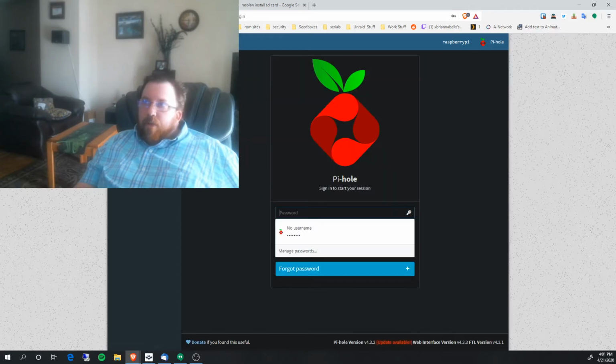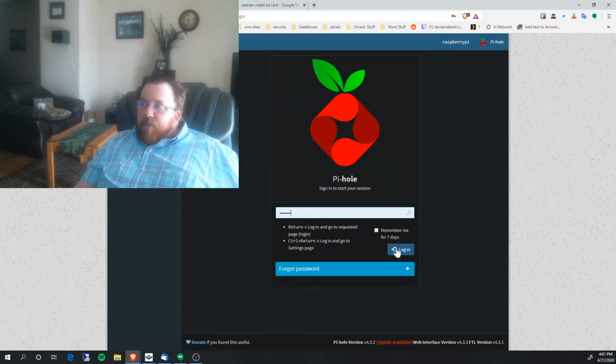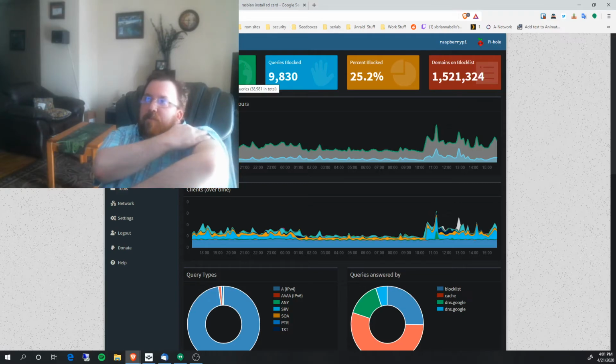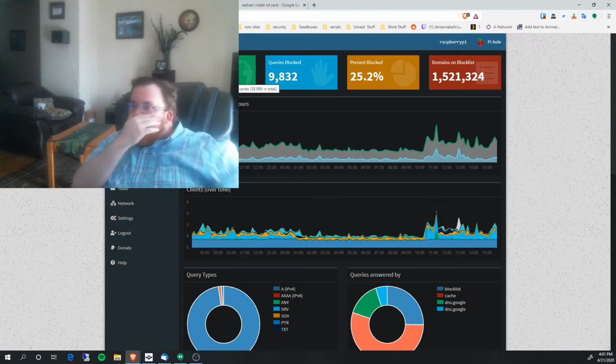So there's a few things that I can show you, but obviously I can't show you everything due to privacy concerns, but I will definitely log in. So as of right now, I have almost 40,000 queries over 16 clients, percentage blocked 25%. Domains on my block lists are quite a bit, as you can see.